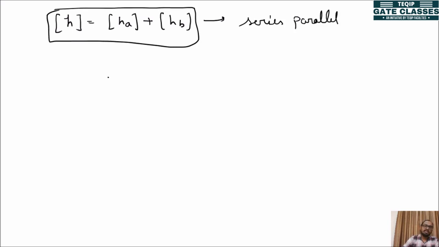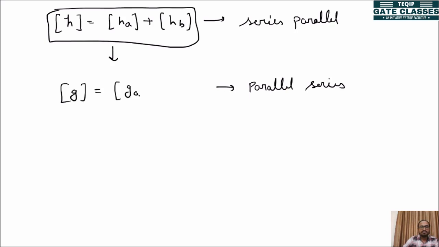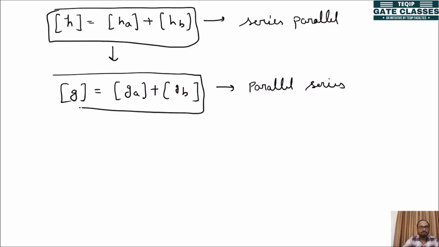Now similarly, if the connection is parallel series, you will get the G parameter, that is the inverse hybrid parameter, adding up, that is GA plus GB, right? You will get this also. Now moving further, you can find it like you have found the H parameter. Now moving further, we will have a discussion on